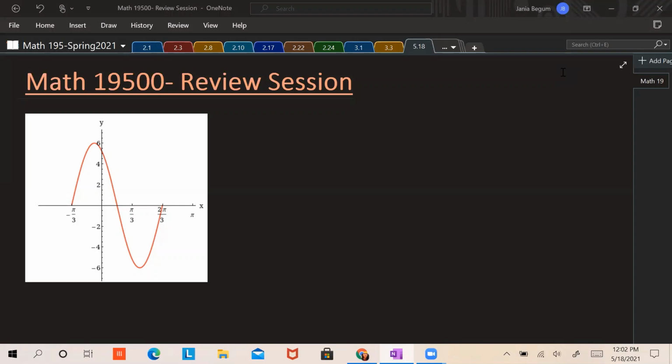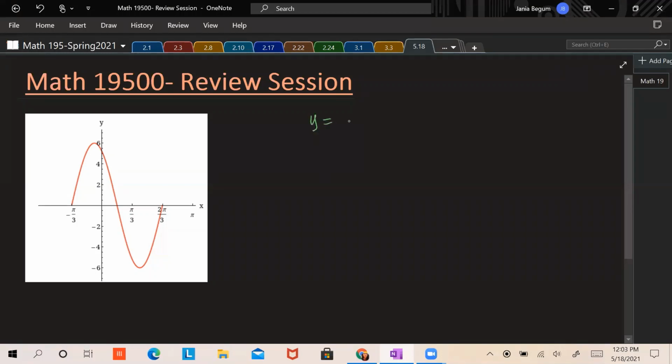So it's one of the trig functions, right? Is it sine or cosine? Sine. Right, it looks like the sine wave. So we know it's going to be y equals a sine of kx plus or minus b, where a is the amplitude,